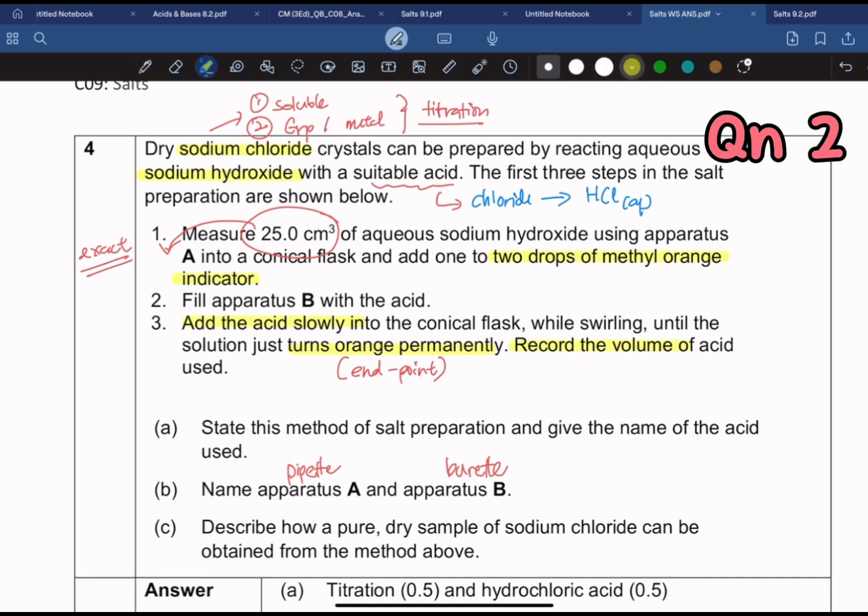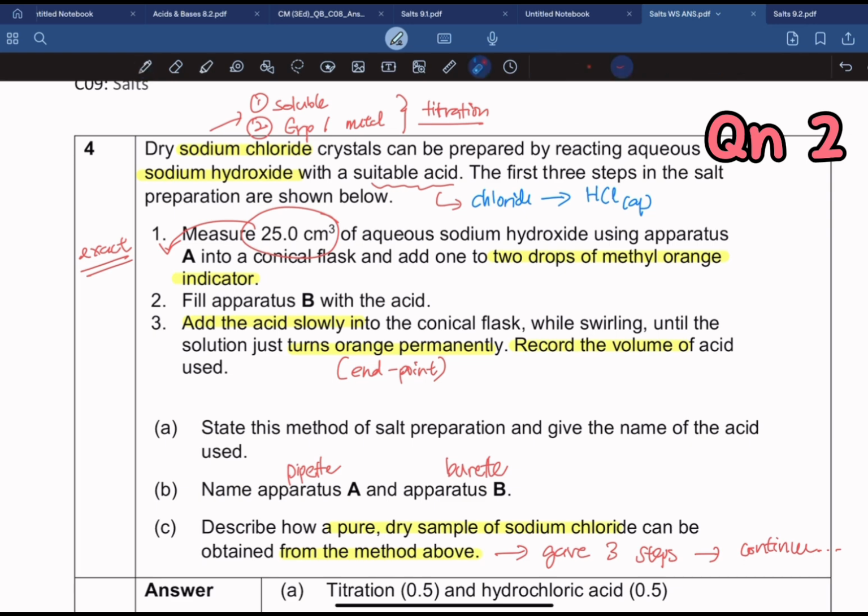So part C, how you obtain pure and dry sample from the method above. And obviously the method above already gave you 3 steps. So you need to continue on the first 3 steps. Some of you did not realize this. You just went on and wrote a lot, the whole paragraph of the first 3 steps and then what's happening next. I mean that's better than the other group of you, which is you didn't realize that these first 3